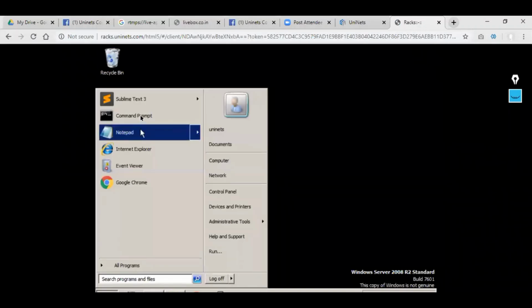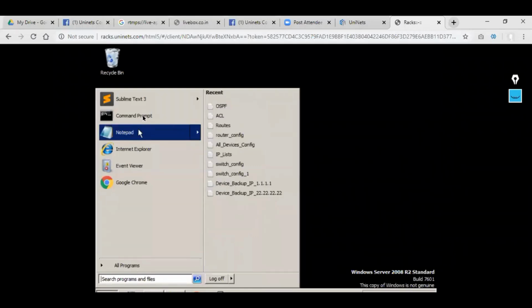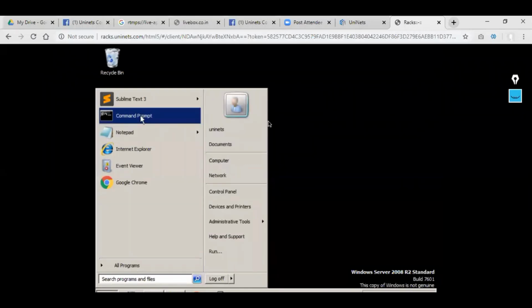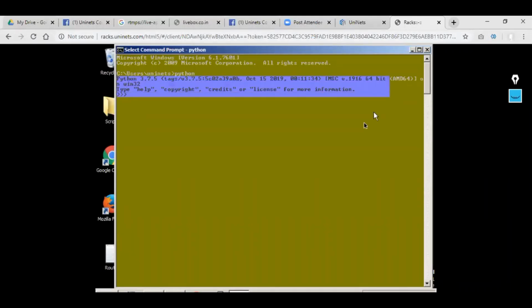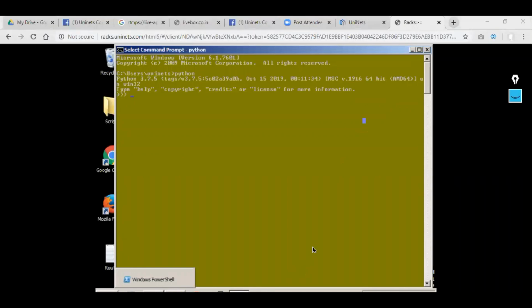So I'm going to start by opening the command prompt. After opening the command prompt or the PowerShell, you can use both of these utilities on Windows to get to the Python interpreter. You need to write the keyword python, as I told you. Press enter, and you will be entering into Python. It shows you what version you are in and all of the information. So you are in the Python interpreter now. Same thing you can achieve from the PowerShell. You need to write only the python keyword over there.